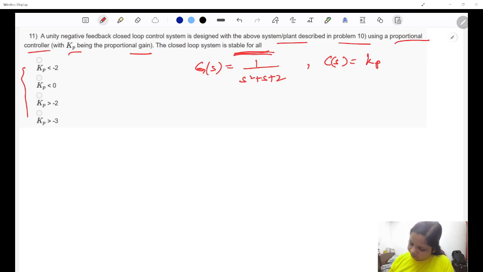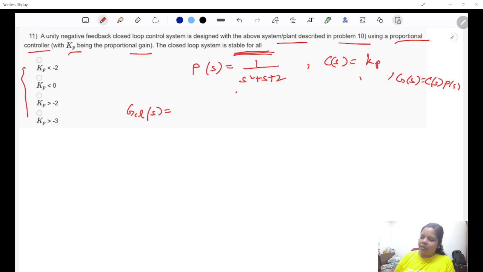So from here, how would you define the closed loop transfer function? It would be GS into HS. GS would comprise both these terms, right? So in this case, I should not say it to be GS, I should say it to be PS. This is the plant transfer function and this is the controller transfer function. So we know very well that GS is equal to PS into CS, or I should write it the other way around, though it does not matter. CS into PS is your GS.